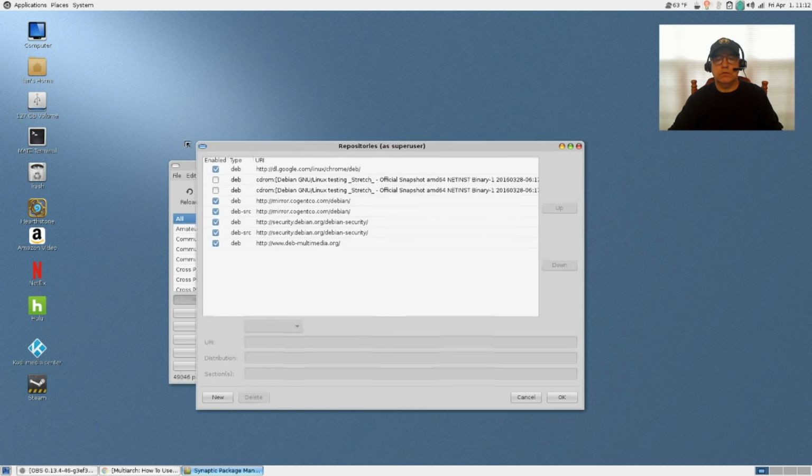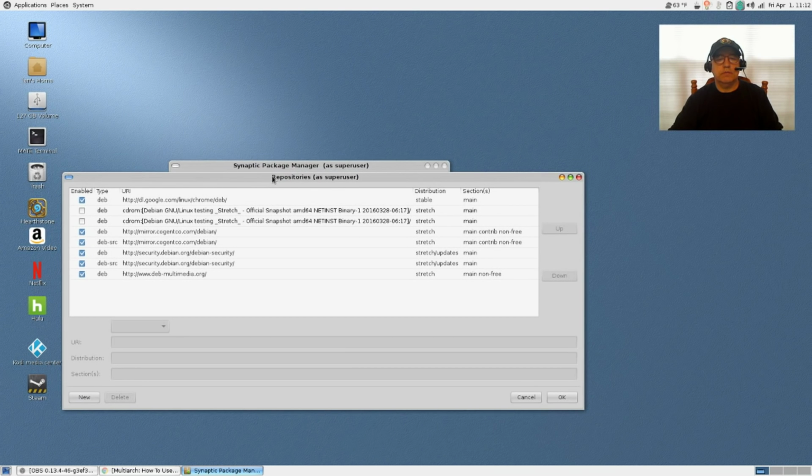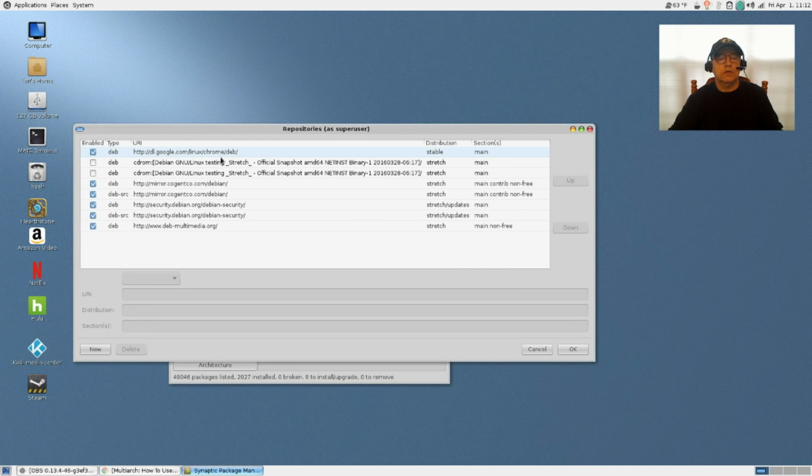Now, these are my repositories. Google, when you install Google Chrome, it adds this in. These two are the CD-ROM repositories, which are disabled once you finish your install. So they're not checked, so they're disabled.